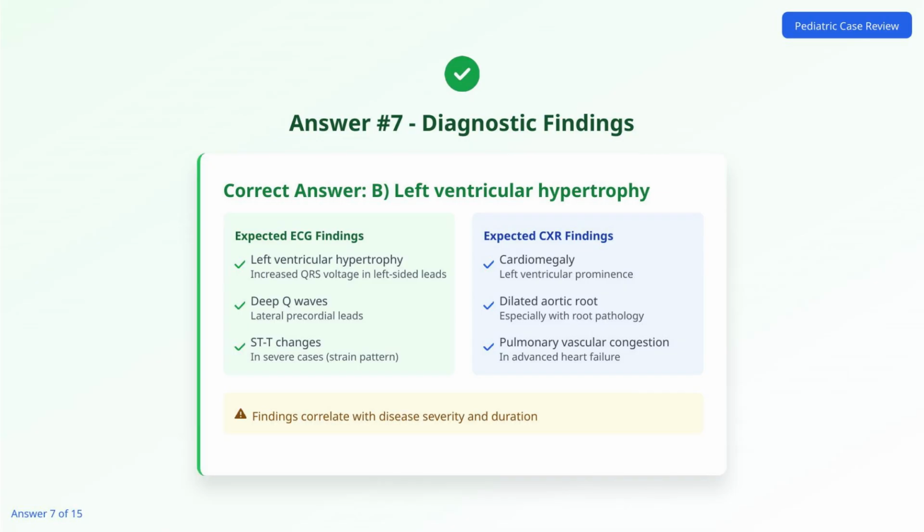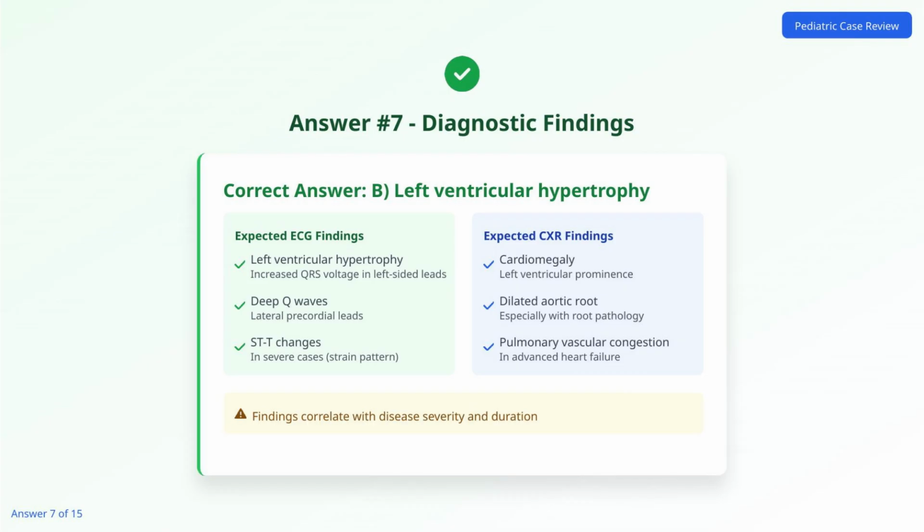In chronic severe aortic regurgitation, the left ventricle experiences volume overload leading to eccentric hypertrophy. On ECG, this manifests as left ventricular hypertrophy with increased QRS voltage in left-sided leads. Additional findings may include ST segment depression and T-wave inversions in lateral leads. Chest radiography typically shows cardiomegaly with left ventricular prominence and sometimes dilation of the ascending aorta, especially if there is